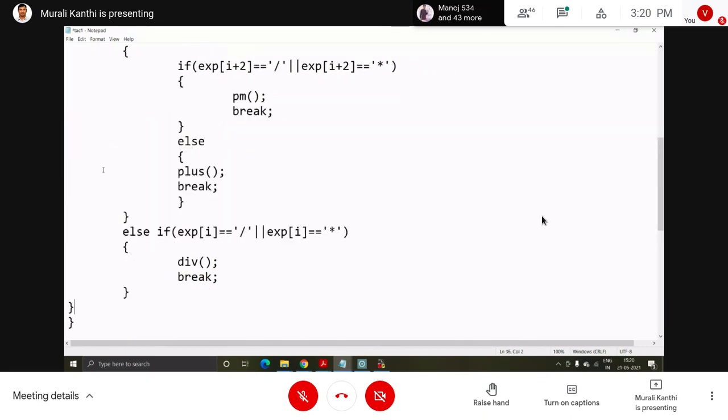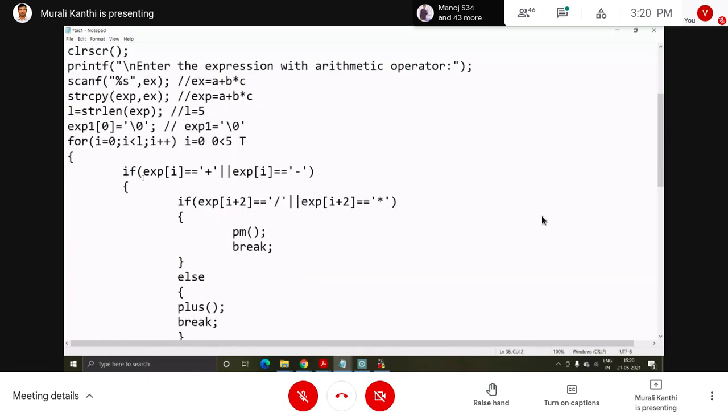Okay, so next the if condition is there. exp, so that means this one. Now it is taking the values from exp. i equals 0, exp[0] means the first character, the 0 index, whatever is at index 0, that is compared with plus.